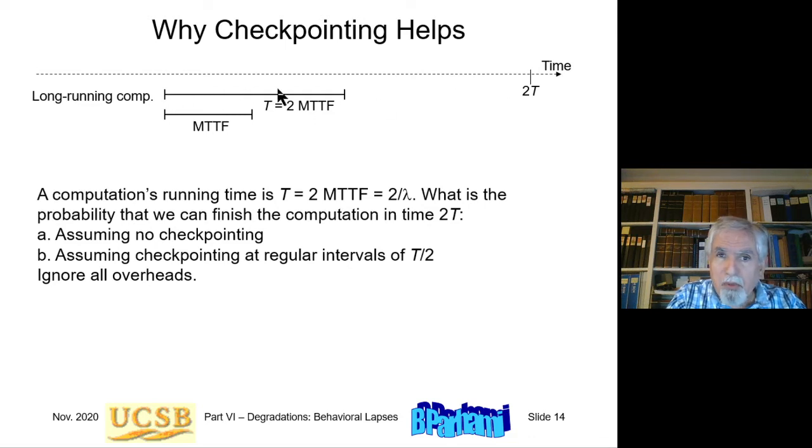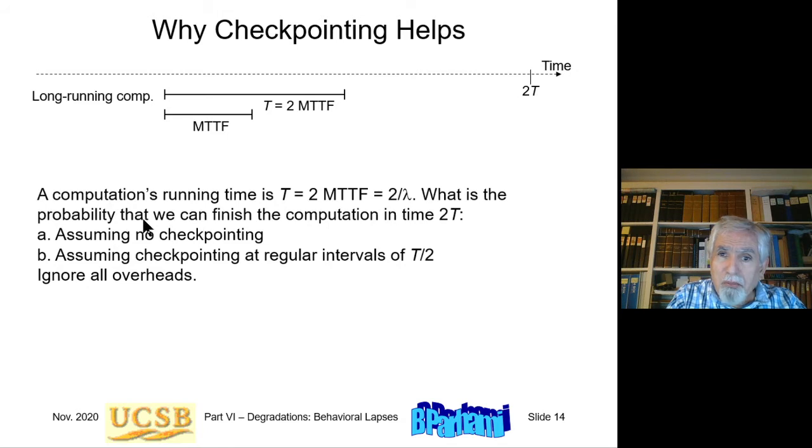If I run this computation, of course, the first time I run it, it may not complete. I may have to run it a second time. I may have to run it a third time. But I have only twice as much time. So at most, I can run it twice. And if it doesn't work out the second time, then the task does not complete. Okay, so here in this example, which is in the textbook in a little bit more detail,